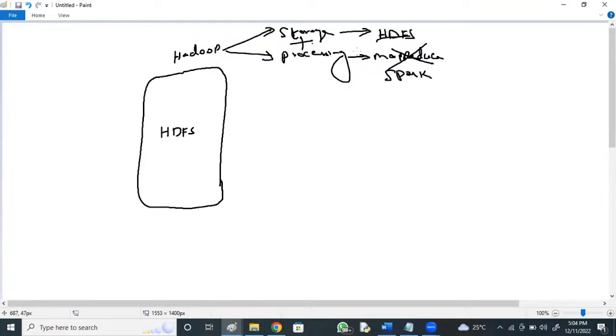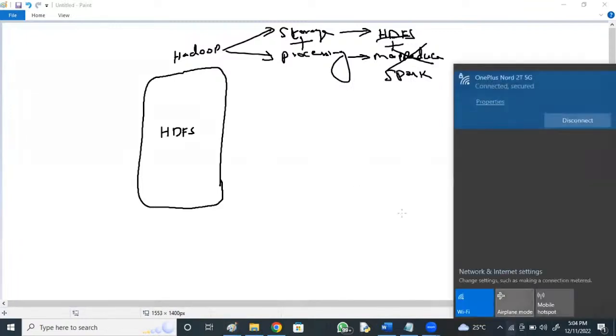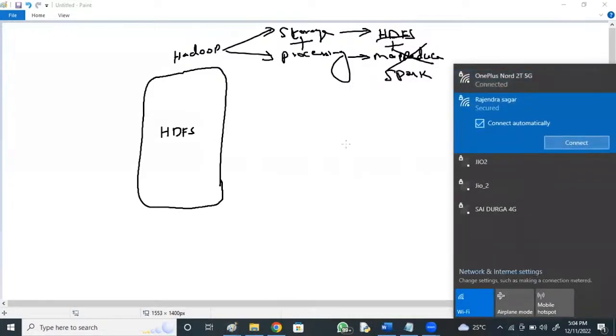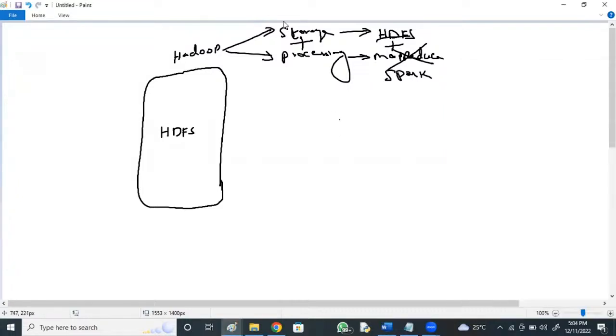For storage, HDFS, and for processing, the Spark execution model, which has very high speed because storage and processing happen within memory. Spark is implemented with multiple languages: Python, Scala, Java, and R.